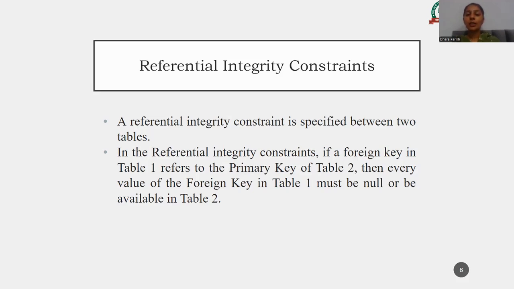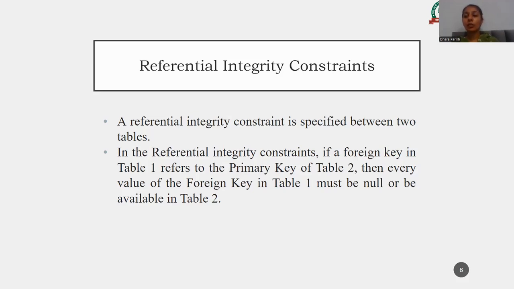Okay. So here is the referential integrity constraint: we have a primary key in table two, which is referred to in table one as a foreign key, so that all of the data of the foreign key, which is a primary key of table two, is present. In table two we have three data values, like 1, 2 and 3. So all of 1, 2 and 3 have to be present in the foreign key in table one as a reference.